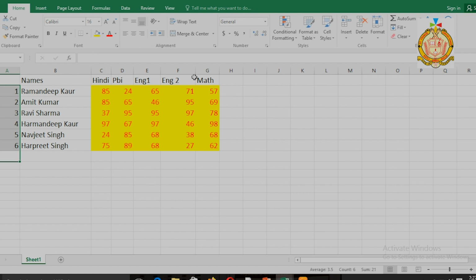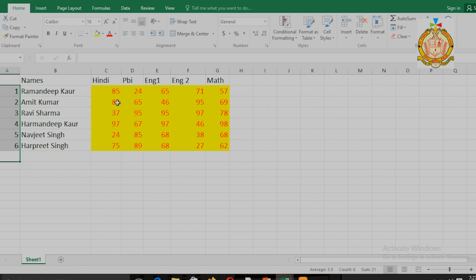Okay, now in the previous part I discussed max. What is the function of max? If we want to find the highest value, max stands for maximum, which means highest value.